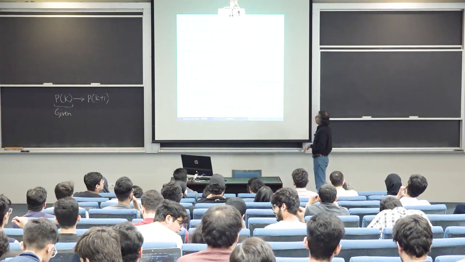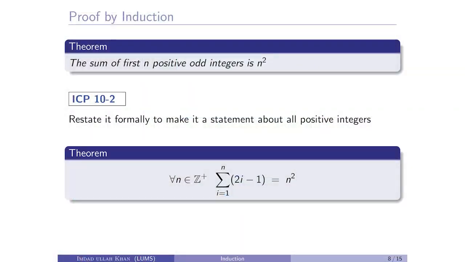Okay. So if there is no question, let's do one more example. The sum of the first n positive odd integers is n square. This is the kind of stuff which you had established, you had proved, when you were doing, what do we call it, sequences and summations, and using those proof techniques as well. But over here this is the kind of stuff which you want to do using induction.